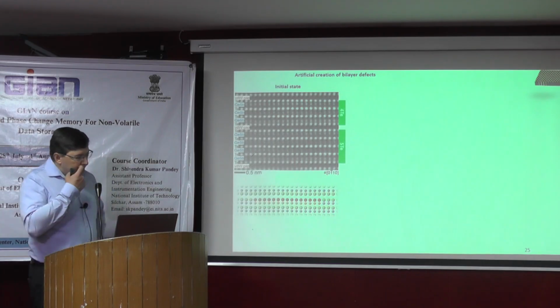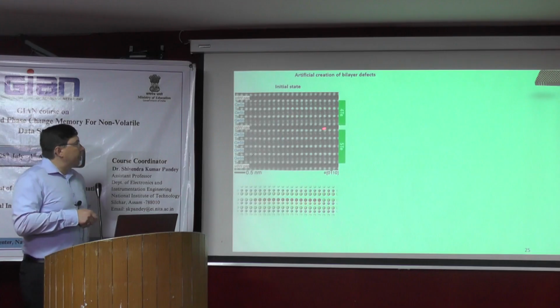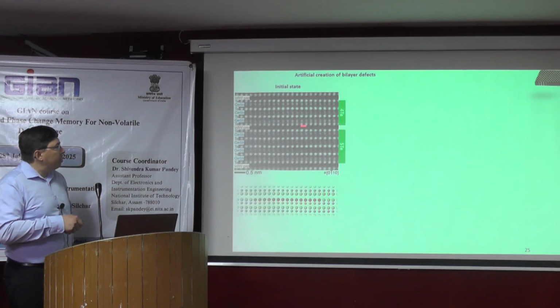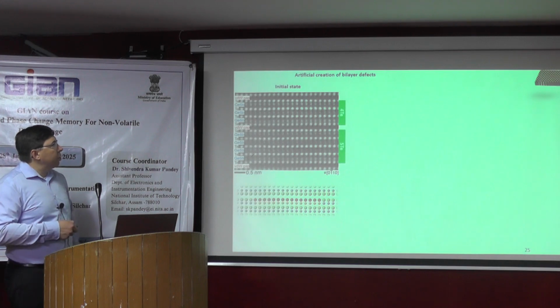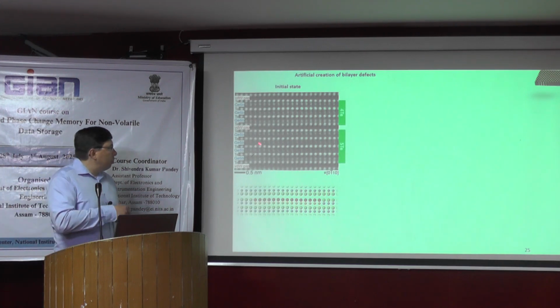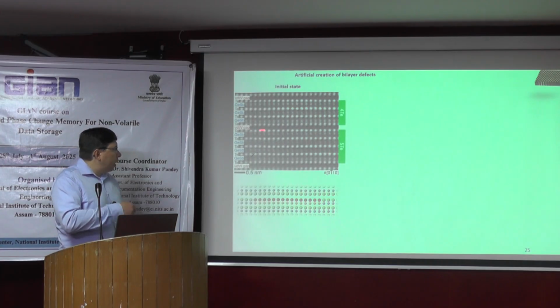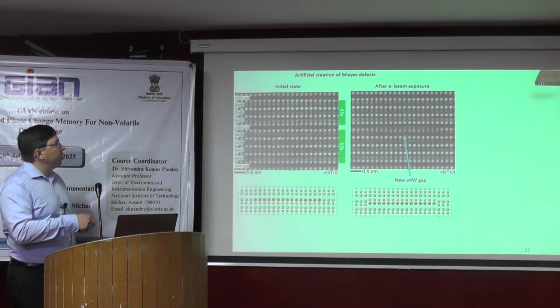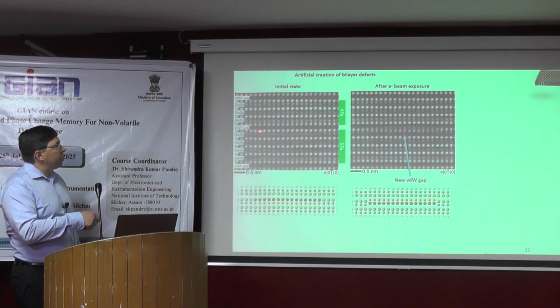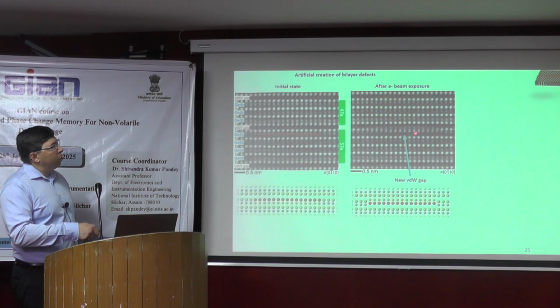Also interesting in this system is that such cation layers close to the van der Waals gaps are very mobile, and you can reconfigure the system by using the electron beam. This is related to the properties of this system. If you, for example, expose these cation layers to the electron beam, we can move the layers into the van der Waals-like gaps. This is empty space, so we moved it here. First it shows the flexibility of the system, but it also shows that we can create this bilayer stacking fault